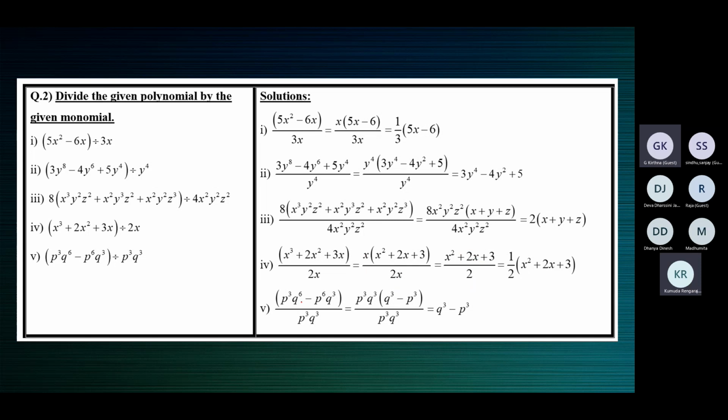In the last one, everywhere take out the common factor. That's very important. When the terms have something in common, that is, when the HCF is something other than 1, you should bring out that common factor. When I say common factor, I mean the HCF, the highest common factor. The HCF of p cubed and p to the power 6 is p cubed, the least power. The HCF of q to the power 6 and q cubed is q cubed. The least power is common.